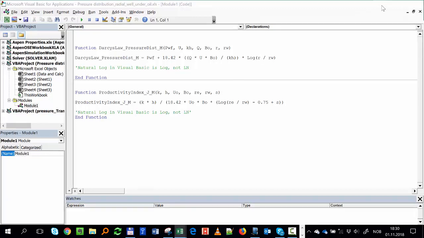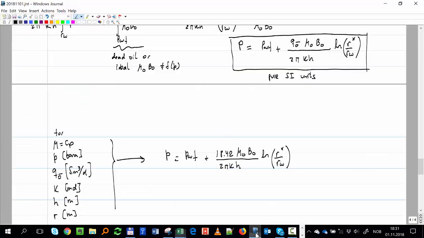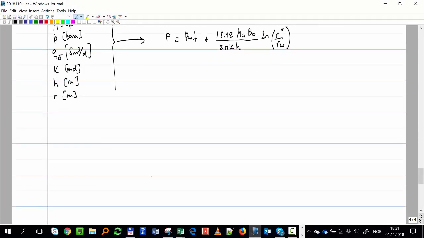So let's say what is the extension of my reservoir. We don't have it, right? So let's make it maybe 500 meters. The first point will be the wellbore radius, 0.1. Which radius am I using here, by the way? Is that the tubing diameter? It is the one that is in contact, if you remember the